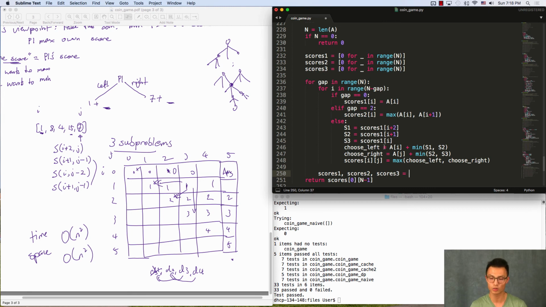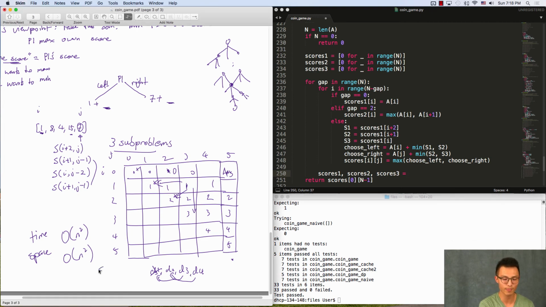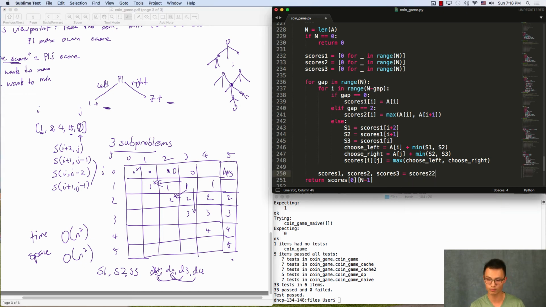But okay, so the array that S1 was pointing at becomes S2 now, right? Because I am always using S1 to compute the values of S3. So once I compute this row, S3 now needs to be this one up here, and therefore S1 needs to move up. So to move up,